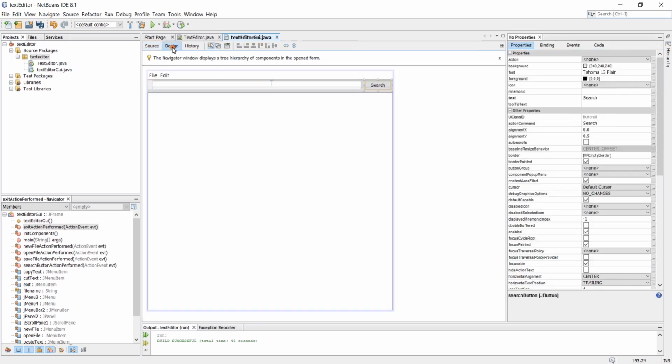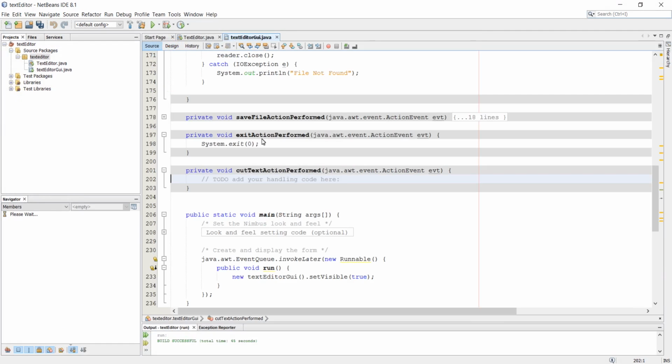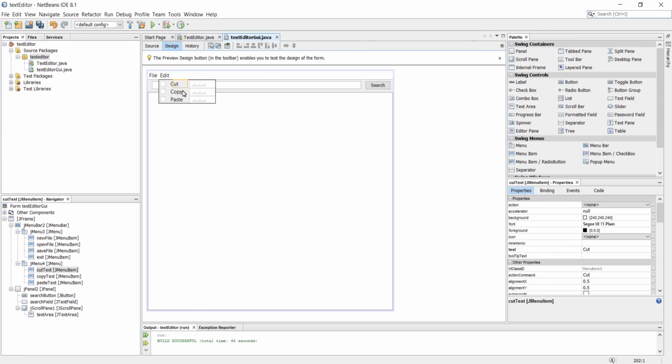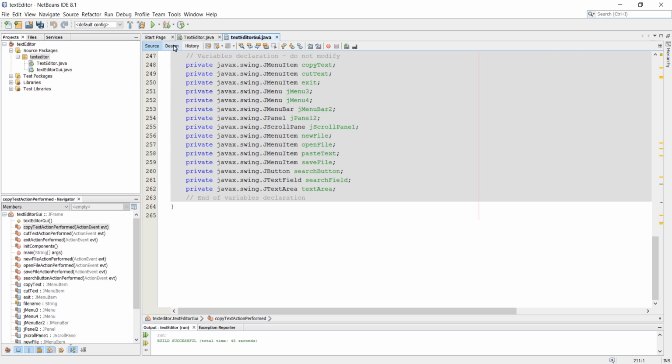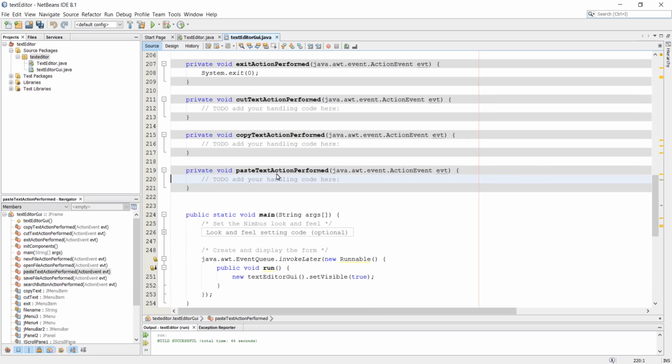Let's go to the design, and here I'm going to click on edit menu and double click on cut to create action performed for cut, and double click on copy to create copy action performed, double click on paste to create paste text action performed. Right, so let's create a cut first. Just get rid of this comment, and here we are going to type